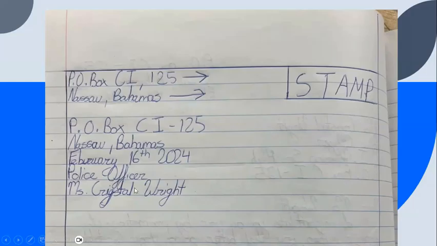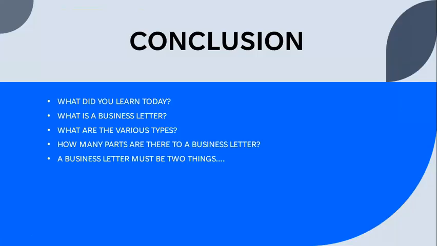Let's go to the receiver's address. What's wrong with the receiver's address? He added the date. He put the date in there. What else is wrong? It's a little mixed up. It's mixed up, right? Her name should have come first, her title, then PO Box, then Nassau, Bahamas. The date does not appear on the envelope, so he would have lost points there. And also, all that's supposed to be in the middle. Very good. All of that should be in the middle.